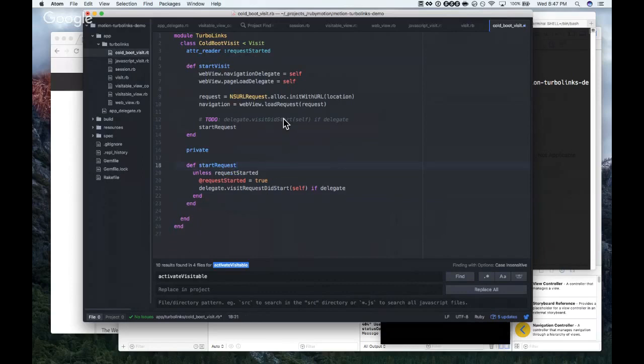That's the same method that's up. This one is visit did start, and the other one is visit requested start. Okay, okay. Sorry. Thank you.